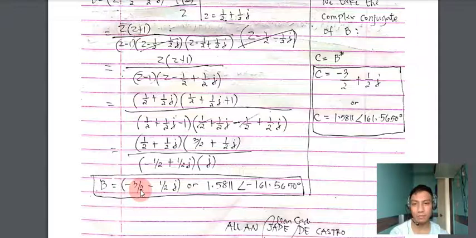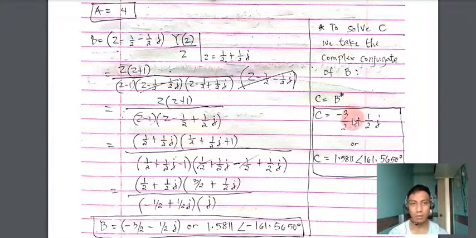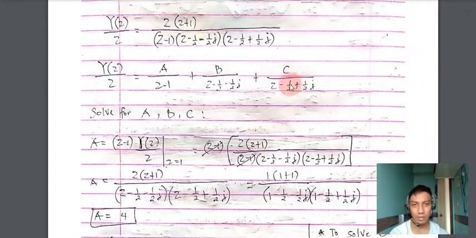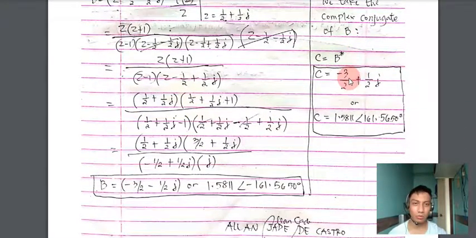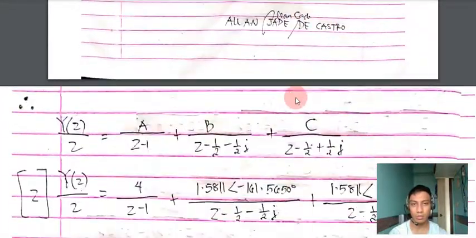B is equal to negative 3 halves minus 1 half j, or in polar form, we have 1.5811 angle of negative 161.5650 degrees. Same goes to C, same process as B, but we take its complex conjugate, since the imaginary part of C is the opposite sign of B: negative in B, then positive here. So the complex conjugate of B is negative 3 halves plus 1 half j, or in polar form, 1.5811 angle of 161.5650 degrees. So substituting this value of A, B, C, we have